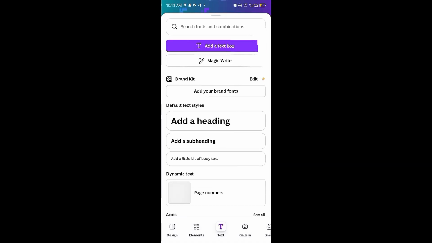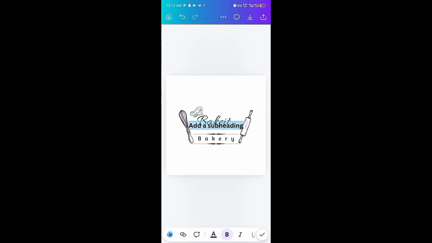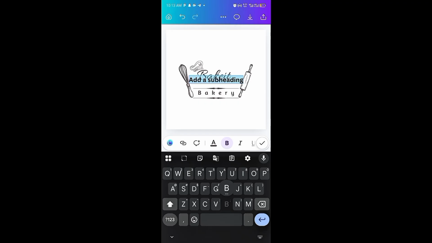First logo, it wasn't free, it was Canva Pro. Now there were a lot of things I could use for that one. Now I'm using a free account because I want you to know that you can do a logo for free on Canva. I'm just going to type Bigot